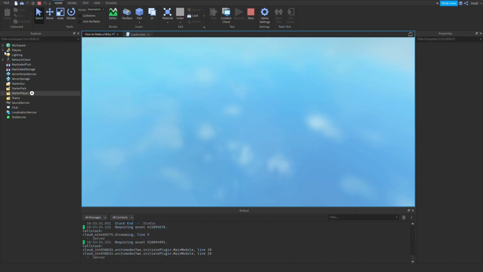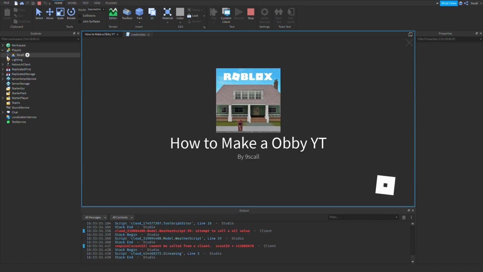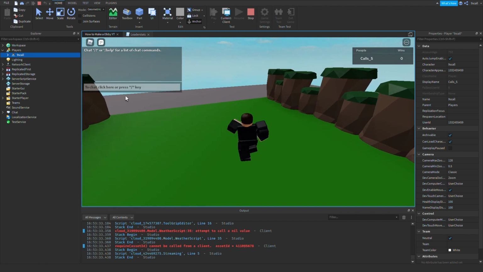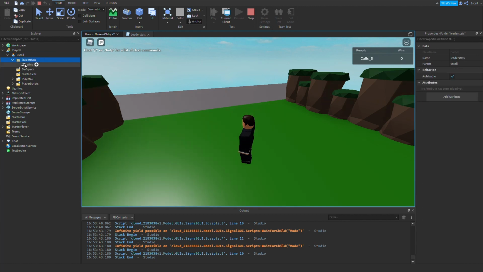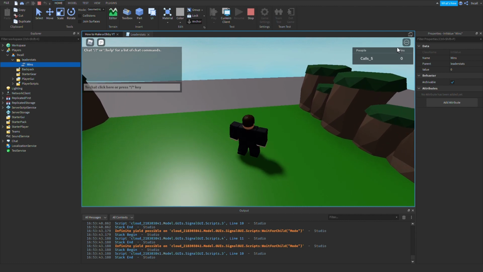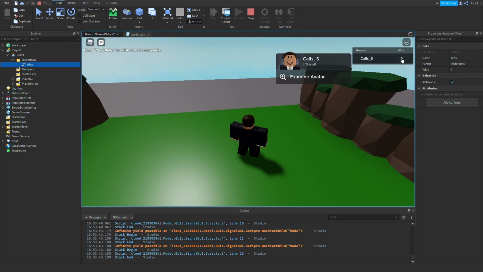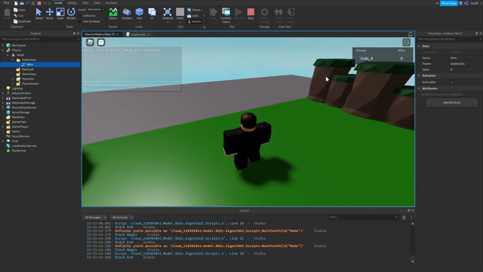Hopefully our player will join. As you can tell, an arrow has appeared, which means there must be something inside of the players now. And as you can tell, my avatar has appeared. So now we're going to check. Look at that. A new file has now been created, and it literally is called leaderstats. And it even has the IntValue called wins, which has obviously created this section here on the side, which is amazing because now whenever I get a win, so for example, if this is 9, it changes my win value to 9, or if I was to get 200,000,